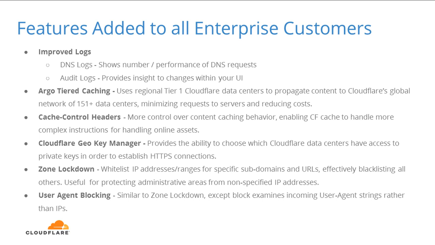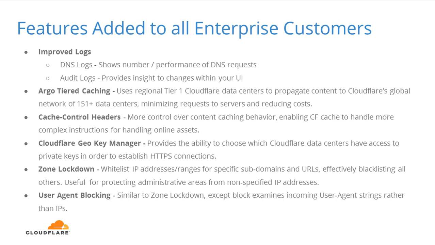So what we're going to talk about is what has been recently added: improved log files. With new audit logs, you can show evidence of any changes that have been made either to your DNS or WAF settings. These audit logs are available across all accounts, and they can be exported into a CSV file format, and they can also be filtered when you're reviewing them in the dashboard,